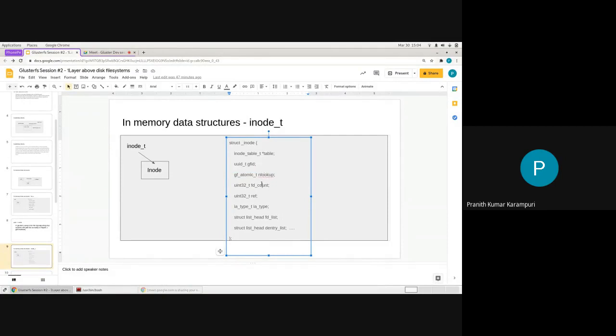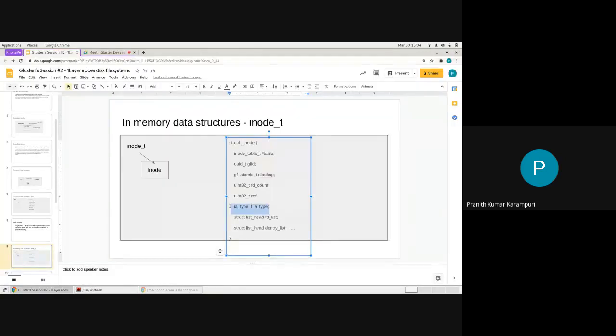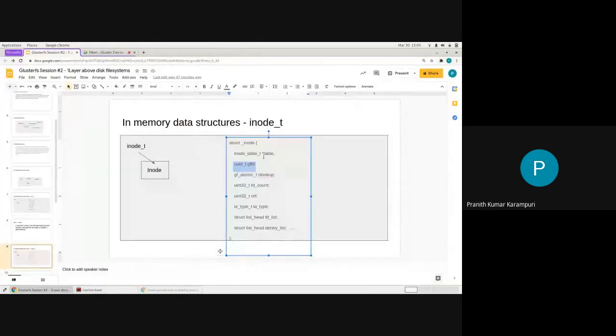We will look at these things a little bit later. The IA type is the type of the file, which is present in the stat structure. So essentially you have these two that are important that you are getting from lookup. The rest of the things are just there to do lifetime management of this structure.